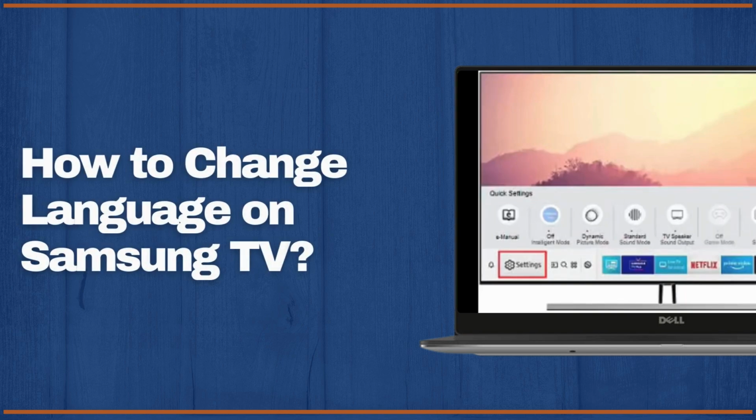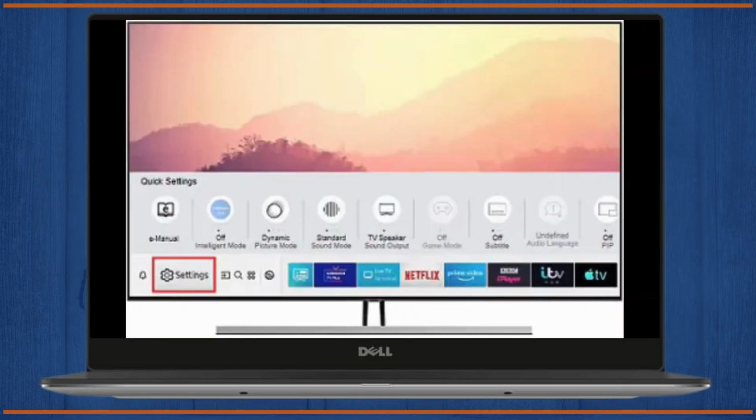How to change language on Samsung TV. In today's video, we're going to show you how to change the language on Samsung TV with the latest update. Whether you want to switch to a different language or set it to your preferred one, we've got you covered,